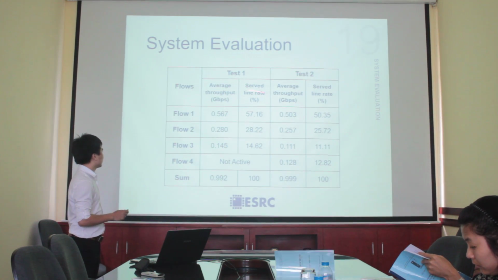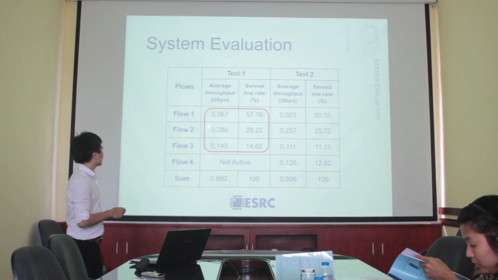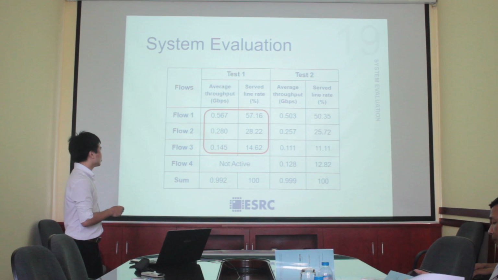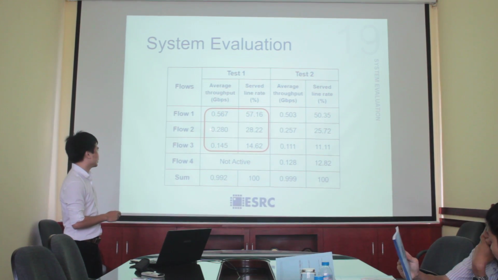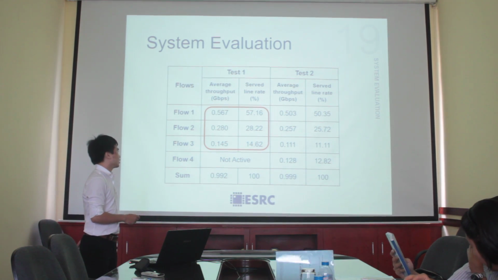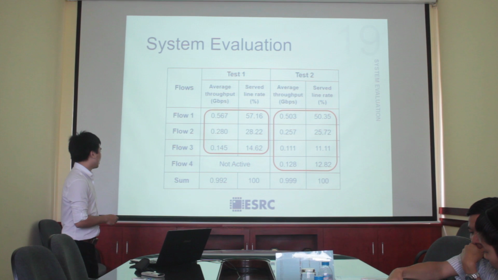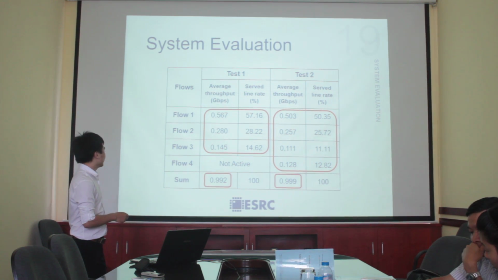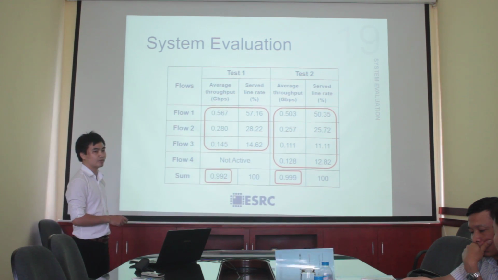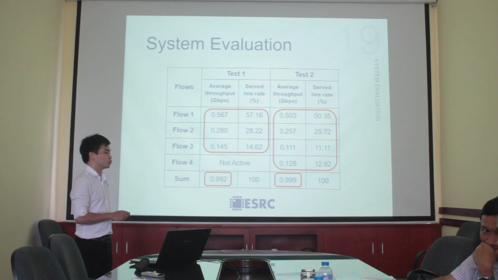This is a summary of the 2 tests. In test 1, the average throughput of the 3 flows have a ratio of 4 to 2 to 1, which is about 0.56, 0.28, and 0.14 gigabits per second respectively. And test 2 has a similar result. In addition, the sum of average throughput in each test is approximately 1 gigabit per second, which is a high value of throughput such as